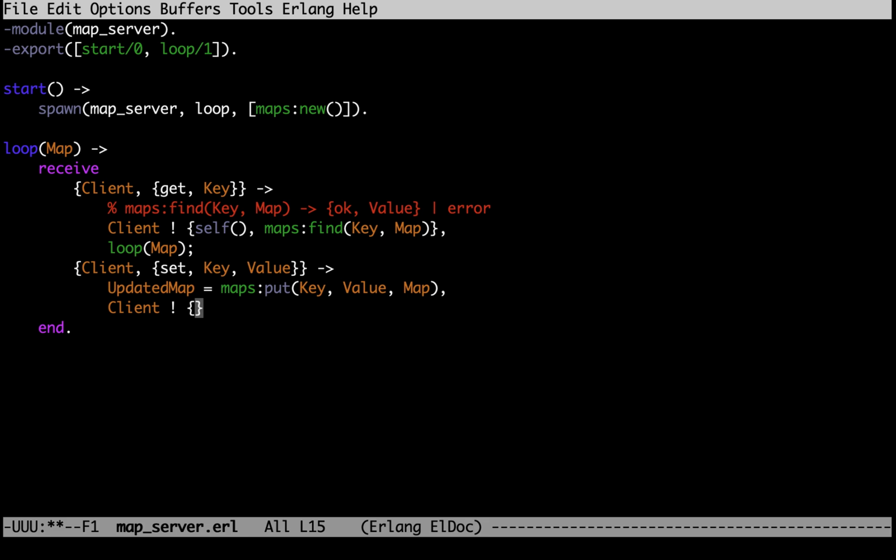Once I updated the map, of course, I want to reply with my process ID, and I want to pass OK, atom OK, and then the key and the value. So the server will reply OK, I set for this key this value. I could also reply with just OK, but let's say that I want to also pass the value which I set. Now in the loop here, I no longer want to pass the map, but the updated map,